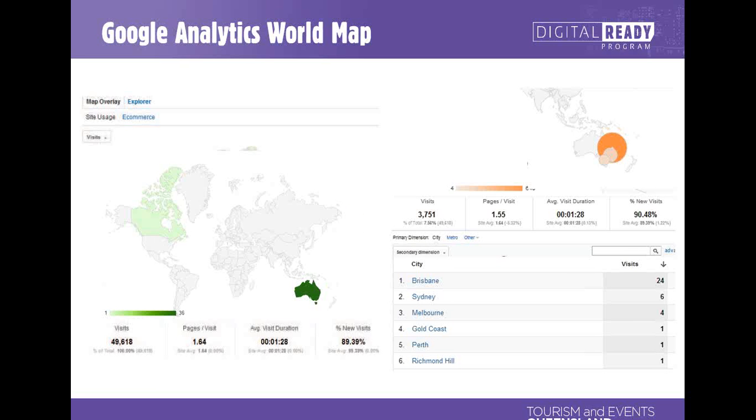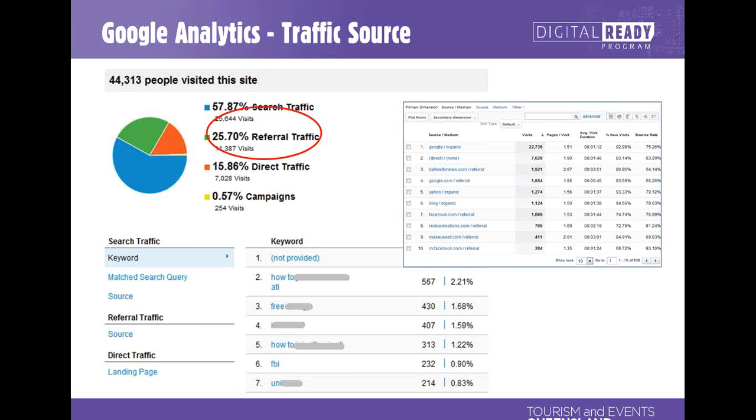You could, for example, put a little special out in that area, or just have your advertising in the one city if you're targeting, or if you're not getting visitors from a city and you want to, you know, you need to ramp it up a bit there. So that's useful information too.